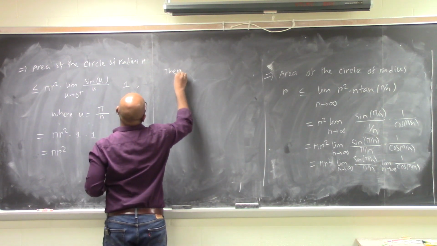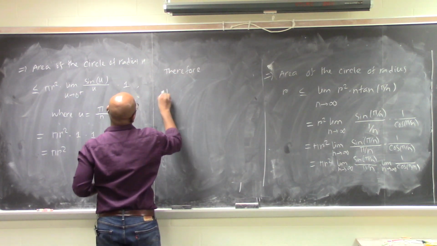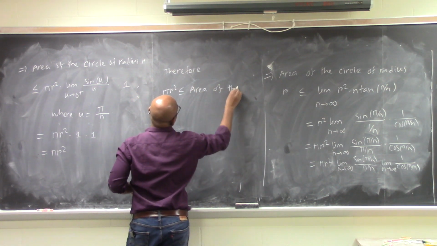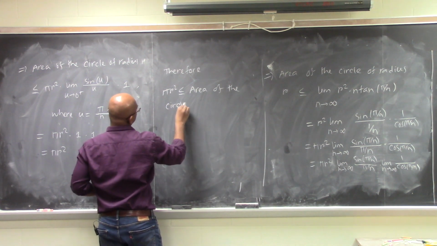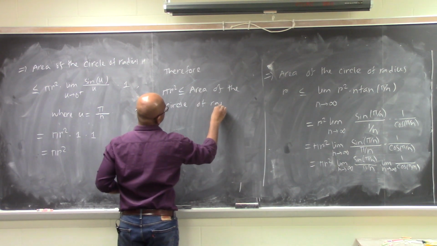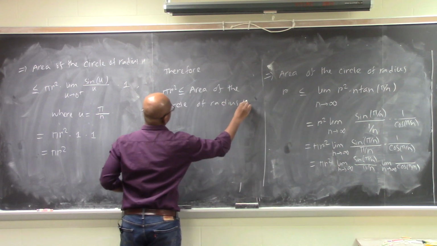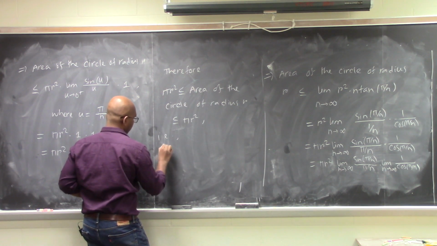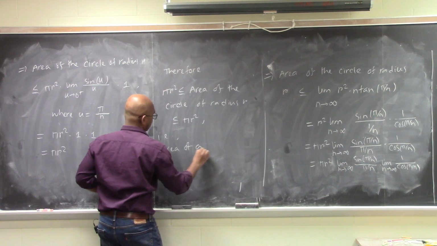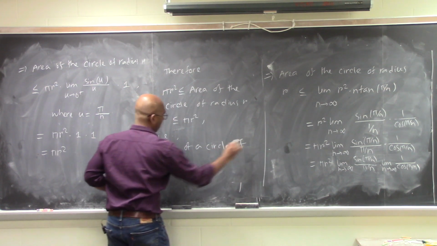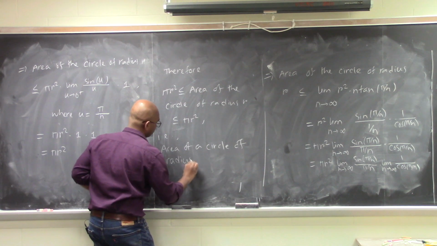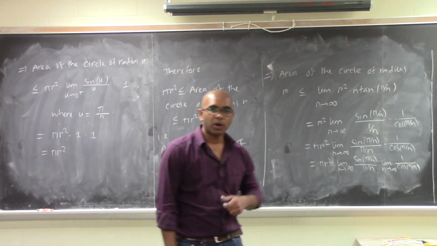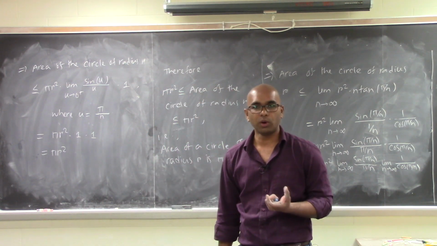Therefore, now pi r squared is less than or equal to the area of the circle of radius r, and that is less than or equal to pi r squared, i.e. the area of a circle of radius r is pi r squared. Okay, so we all know about this formula, but how many people know why this is